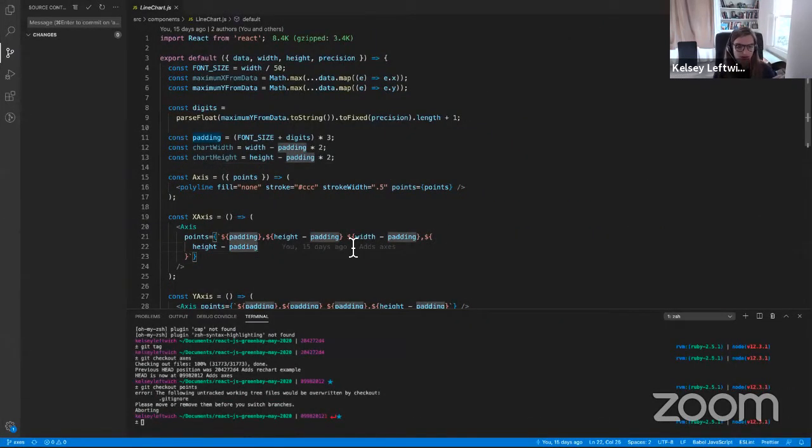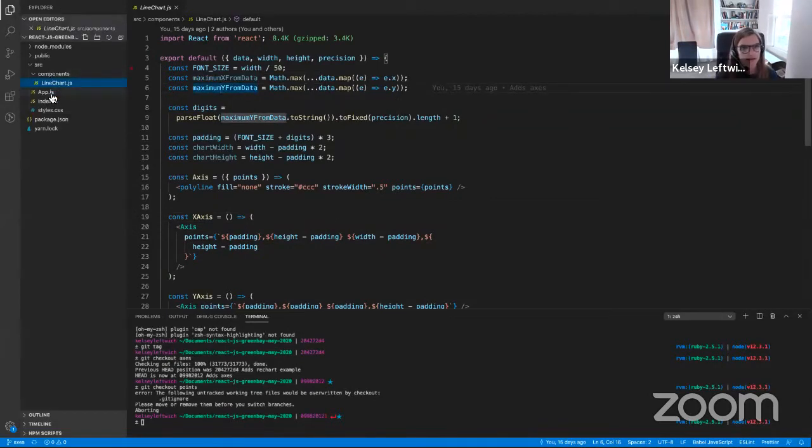And I'm just going to be hopping from different tags, which at the end of this, I'll share a repository that has all of these branches and tags, so you can go and see exactly where I was when I was walking through this. But in this case, I'm in the axes, and you can see here, I'm just doing exactly what I just described. I'm finding the maximum Y from my data, and my data actually looks like